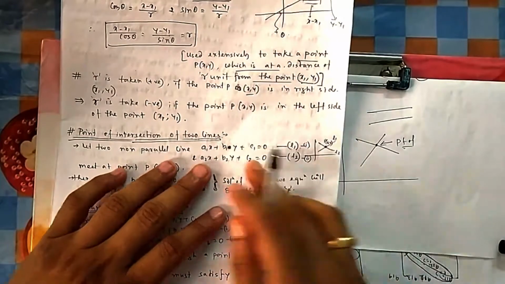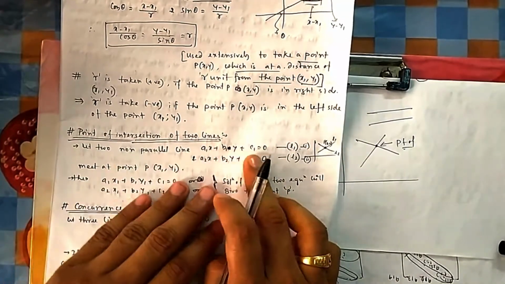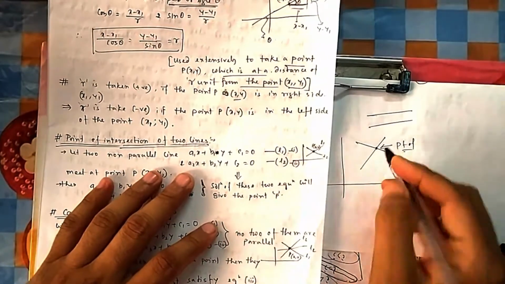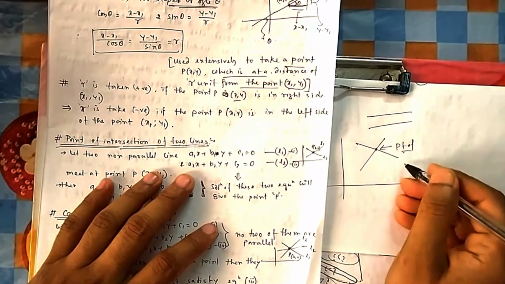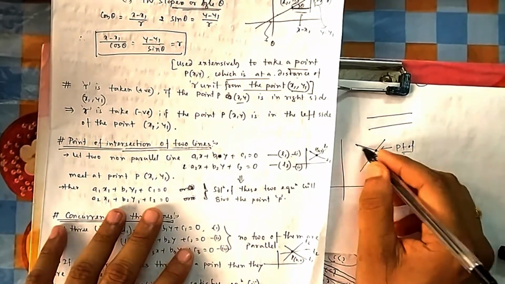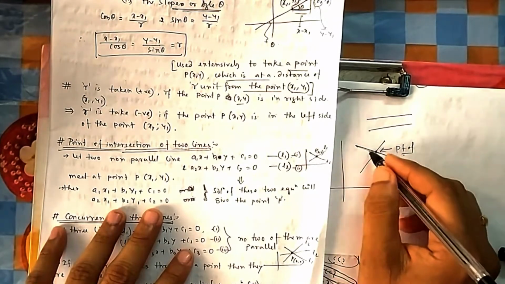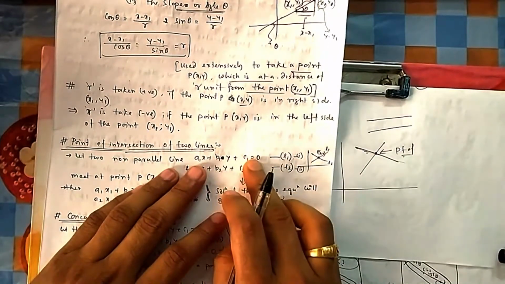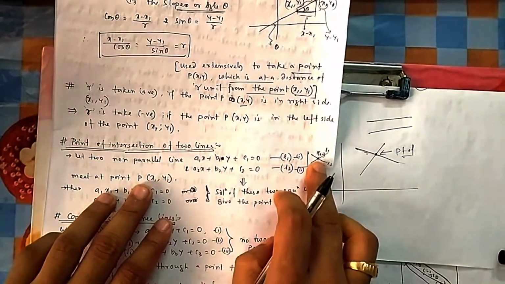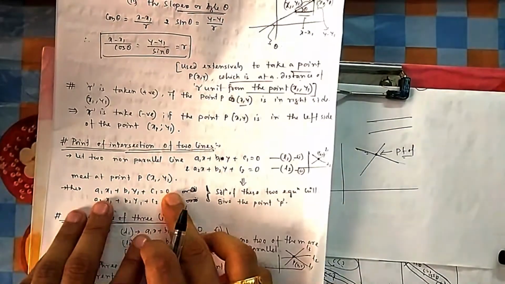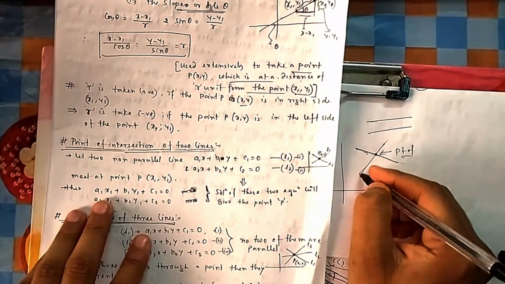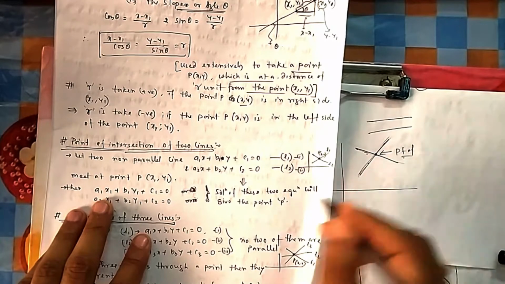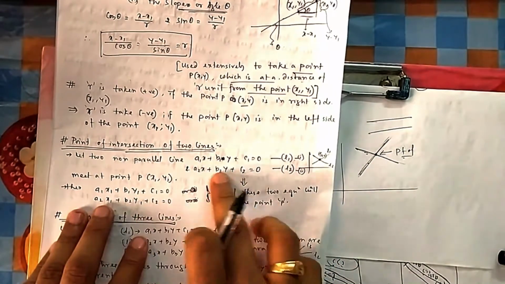So this is one equation. Suppose this is line 1, because a linear equation will represent a line, as we have already seen, and this is line 2. Suppose this is L1, this is L2. How do we find this point? This point is a part of this line, and any point on this line will satisfy its equation. So if you put that point, let the point be x1, y1, in this equation, it should satisfy. Similarly, because it is also a point of the other line, if you put it in that equation also, it should satisfy. It should say yes, I am on this line.